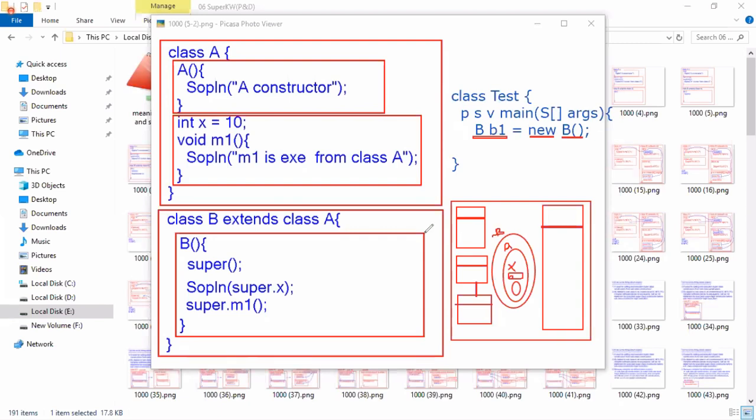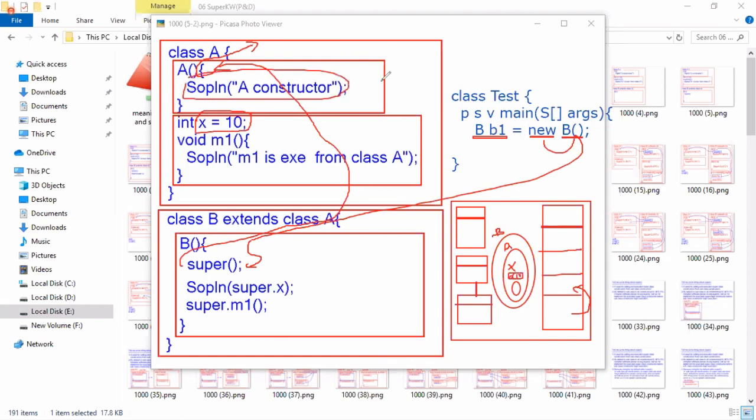Okay. And now the new keyword calls the constructor of B class. Control comes to the B class constructor. Then super() is called. Super() means call the super class constructor. Who is the super class? A. A class constructor is called. In A class constructor, the first statement is super(), so it calls the Object class constructor. Object class constructor doesn't have any logic. Coming back to A class constructor, it contains the statement x equal to 10. Then 0 is replaced with 10. Then constructor logic is executed. The first message displayed on the console is A constructor.